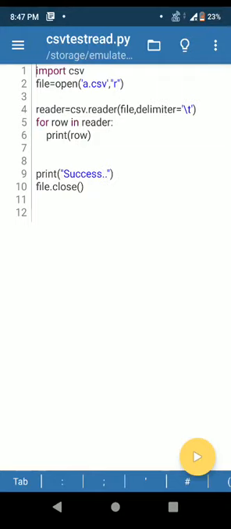If you are not specifying delimiter parameter, it will consider comma as its default delimiter symbol. But if you have any other delimiter symbol, you can specify using delimiter parameter, and here you can specify the symbol like \t or hash or any other symbol which is used in your CSV file. So it is very simple to use CSV files in Python.